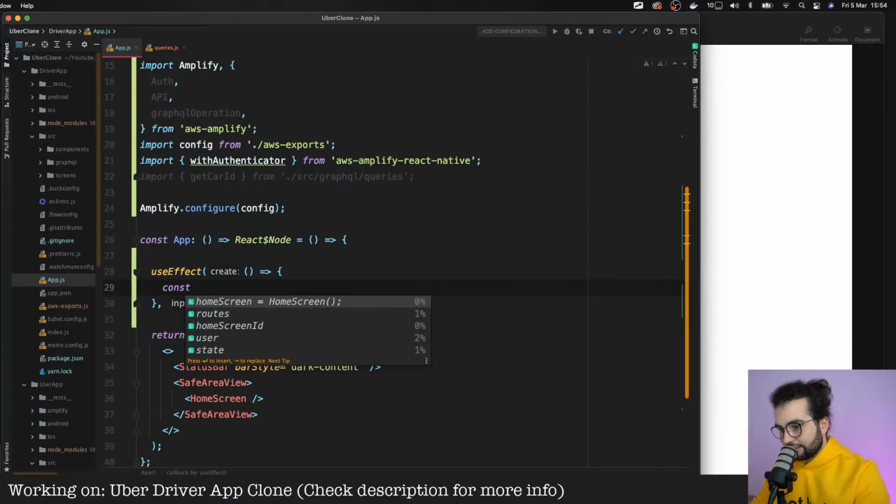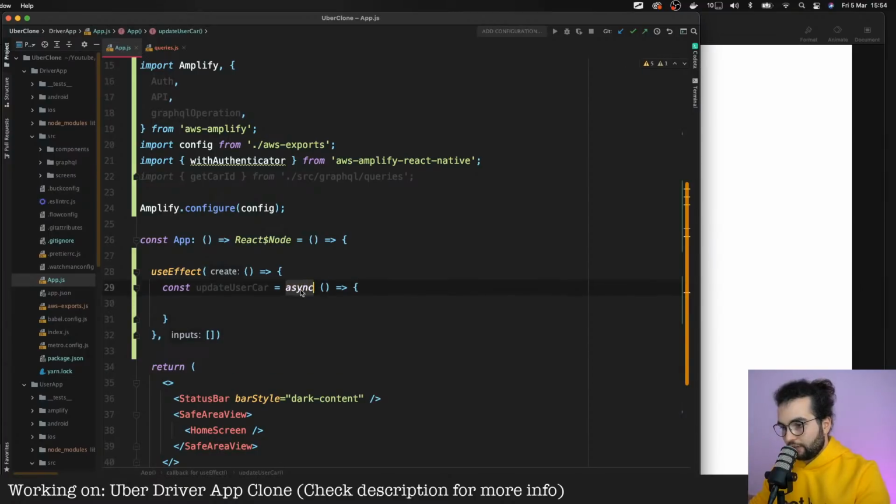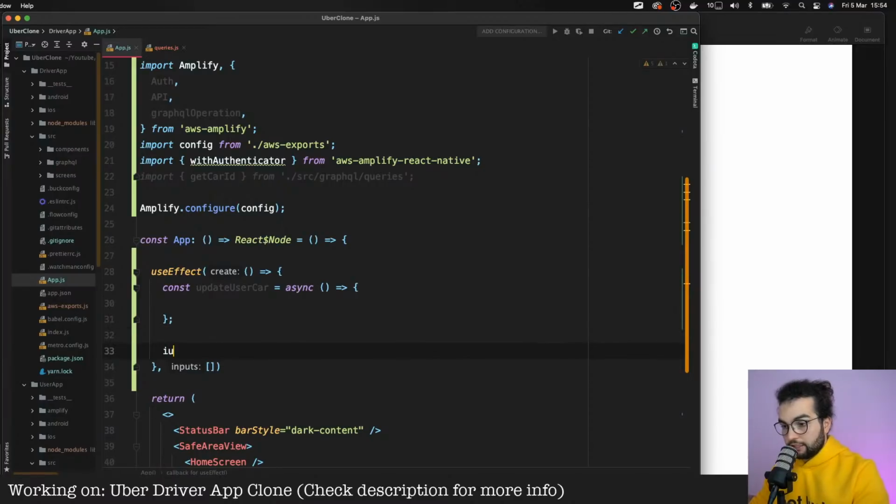Here, let's declare a new function like update user car, and this is going to be an asynchronous function because we're going to work with that API there, and let's call it right away.